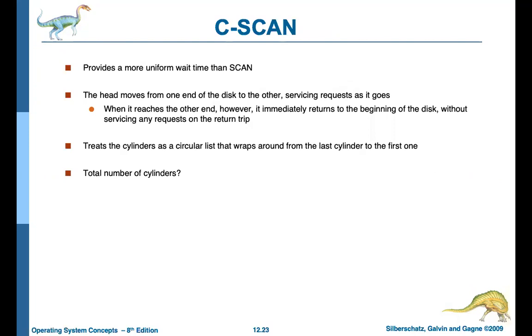And with a little bit of fine tuning of the scan algorithm, we have C-SCAN. In this C-SCAN, the head moves from one end of the disk to the other. While moving from one end to another end, it will serve all those requests. Now the difference is, whenever it reaches the other end, it immediately returns to the beginning of the disk without servicing any requests on the return trip. So it will do only